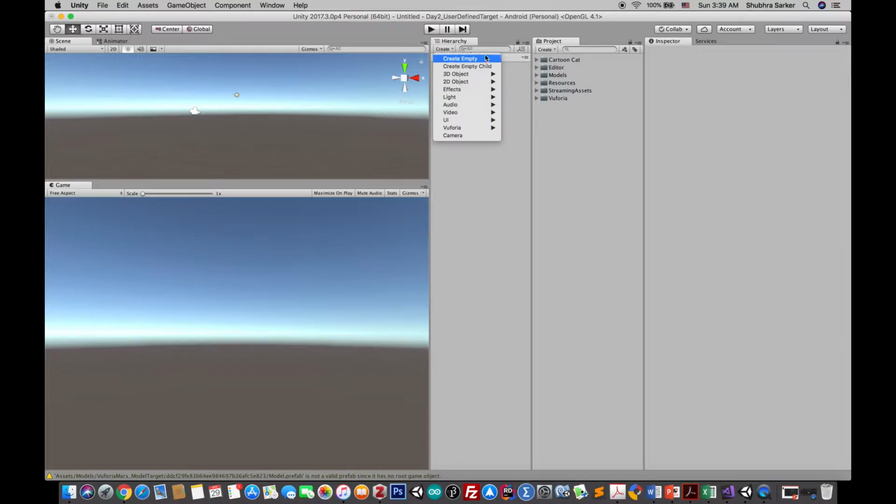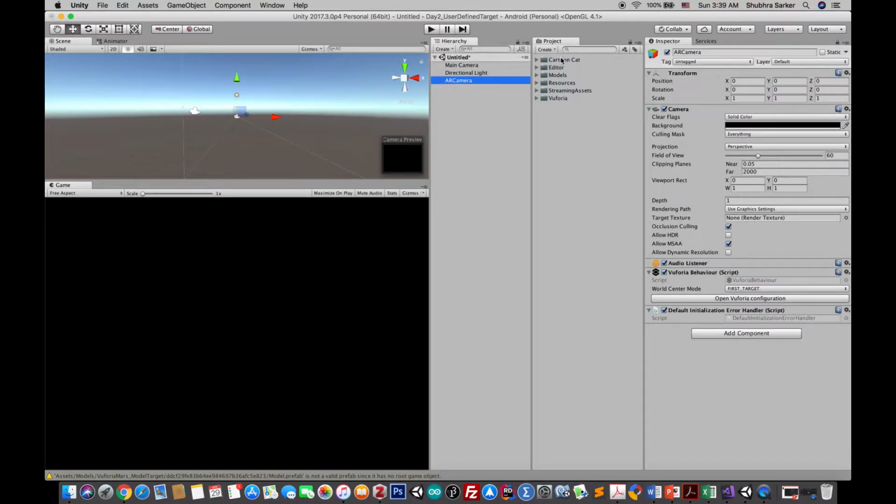Just create a Vuforia AR camera. By the way, I have done all the configuration that we already did a couple of times, so I'm not gonna waste your time by showing those things. So now the AR camera has been created. Next, create an image target, and from that, let's